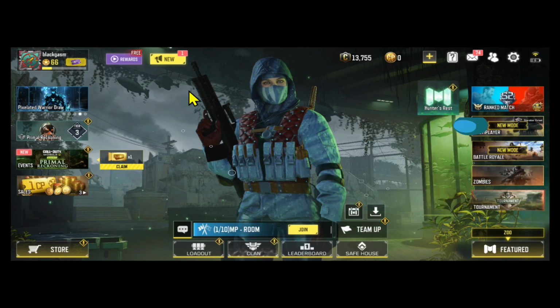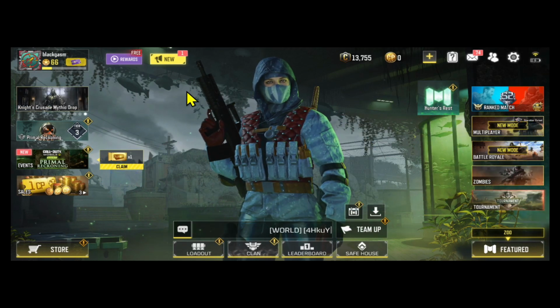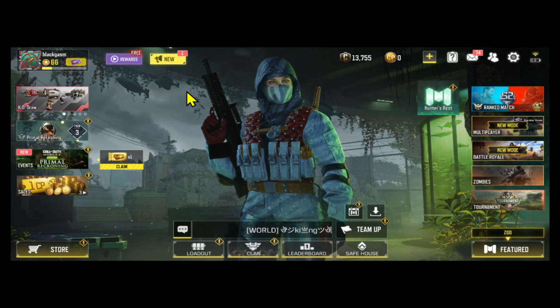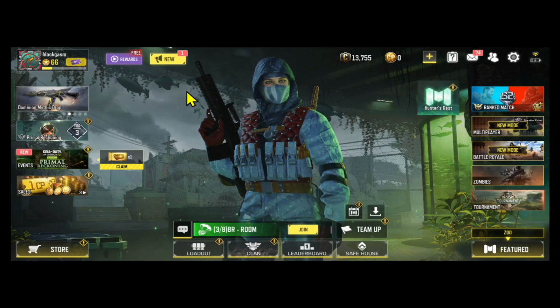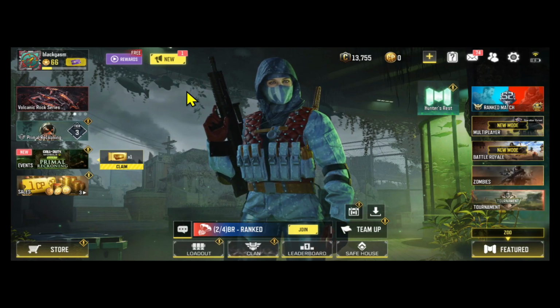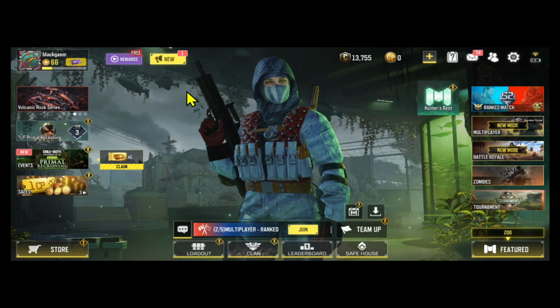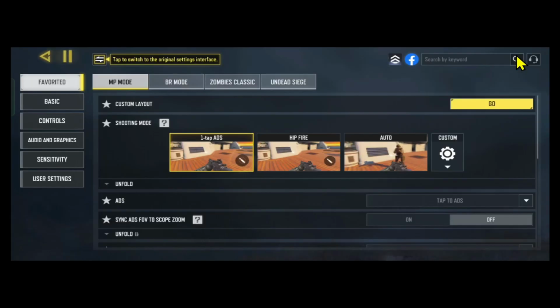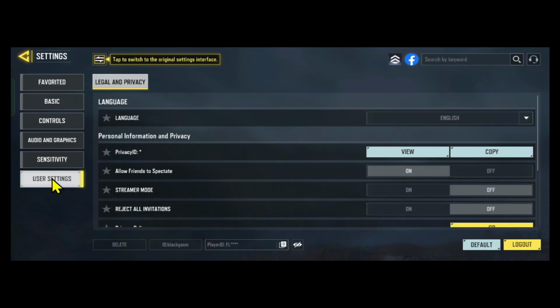First of all, open up the Call of Duty mobile game on your device and you will directly be taken into the main menu from which you can start enjoying your various different matches right away. Now, if you wish to log out from your device at any point, whether it may be to switch your account or for whatever other purpose, then in order to do so, just tap on the gear icon at the top right corner. Now from this page, tap on user settings at the left side